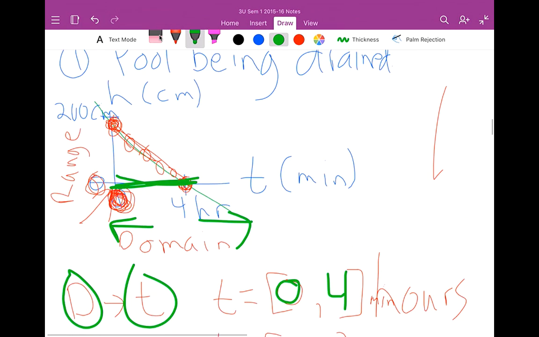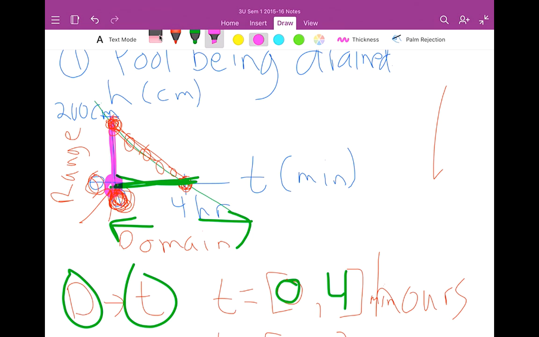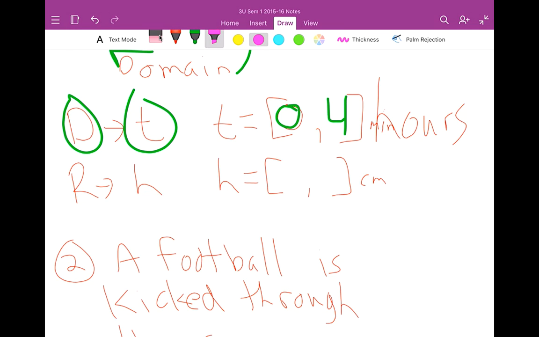And then the range goes right here. It's on the y-axis. What's the lowest you're allowed to have for y from a real-life perspective? Well, 0 centimeters of water. You can't have negative centimeters of water in your pool. And since the pool overflows at 200, you're never going to have it deeper than 200. So again, the lowest is 0 centimeters. The highest is